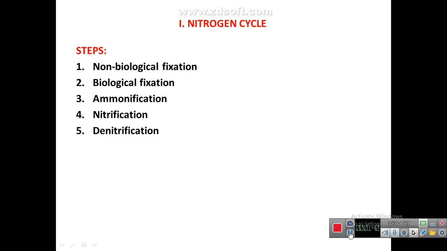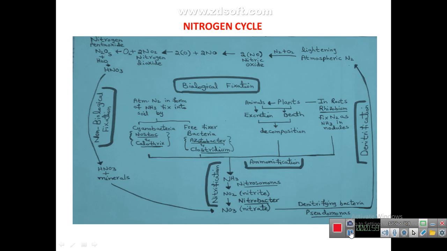First one is the nitrogen cycle. 79% of nitrogen is present in the form of gas in the air. The steps that are involved in the nitrogen cycle: non-biological fixation, biological fixation, ammonification, nitrification, denitrification. Nitrogen cycle: